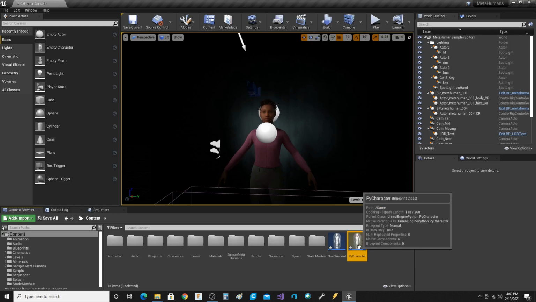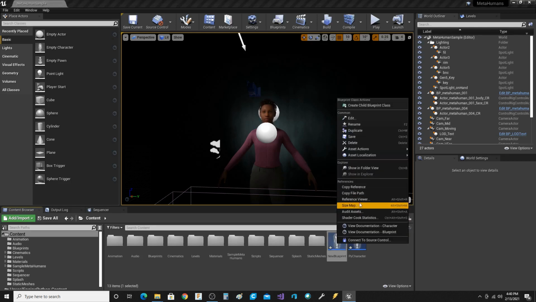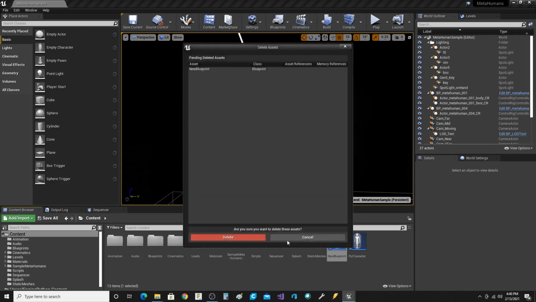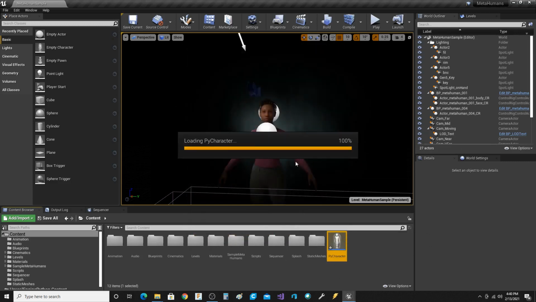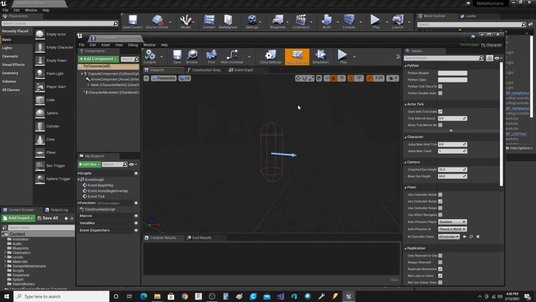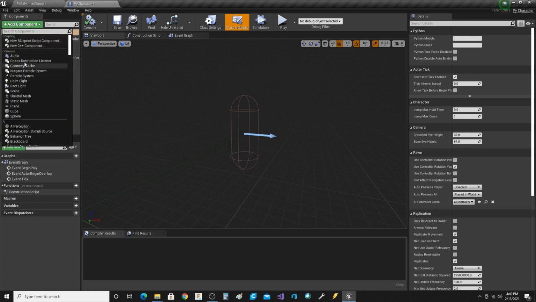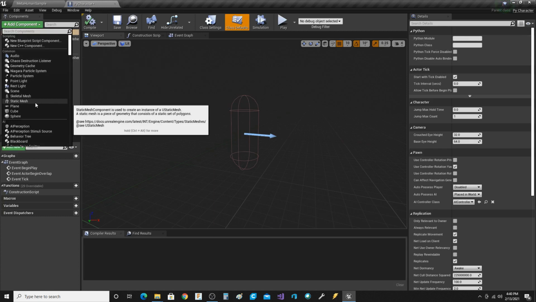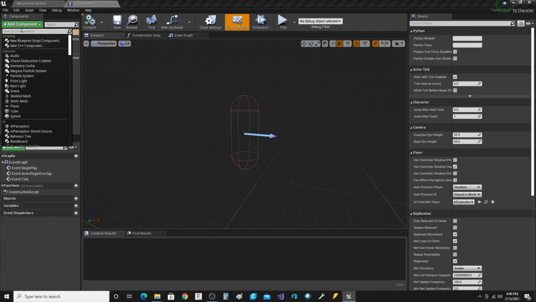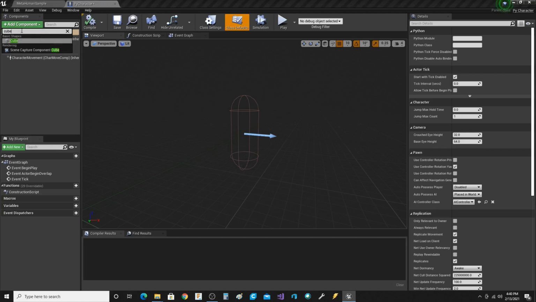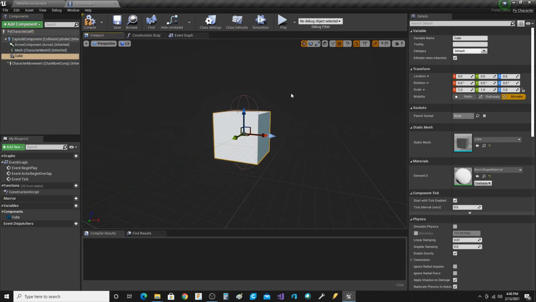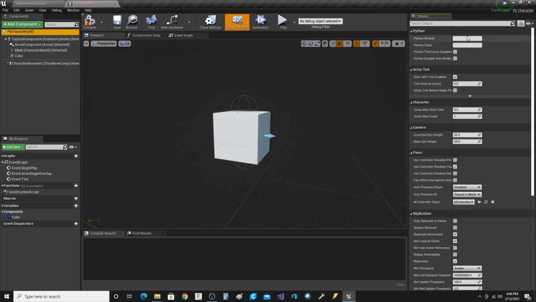Okay. Then right click that. Delete. You open up your Python character. There you go. Now you have your Python character, but let's just add a cube. Yeah, so we added a cube. And then what you do is, on your Python character, you say Py,